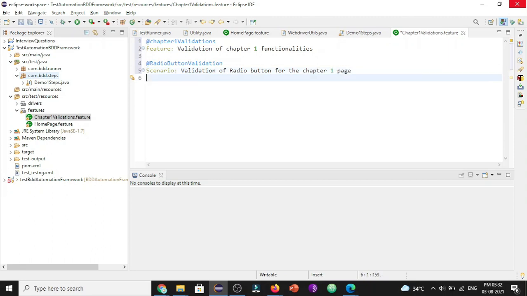That is going to be the description of the scenario. Now we have to design the scenario using the Given, When, Then and And keywords.